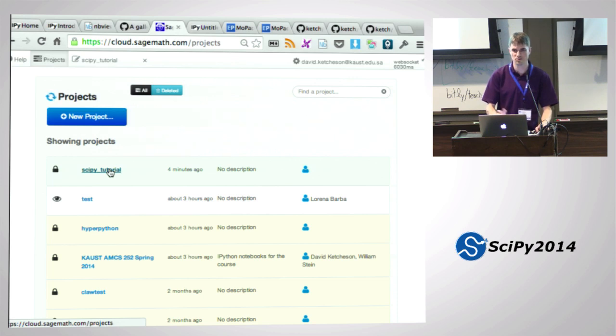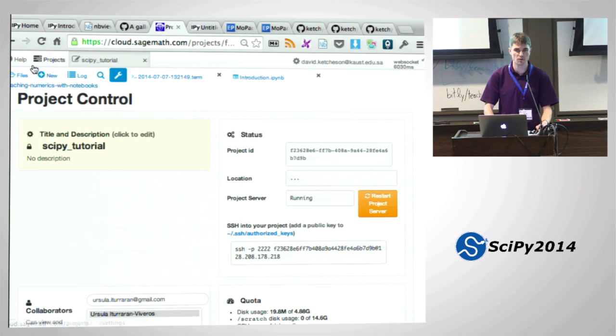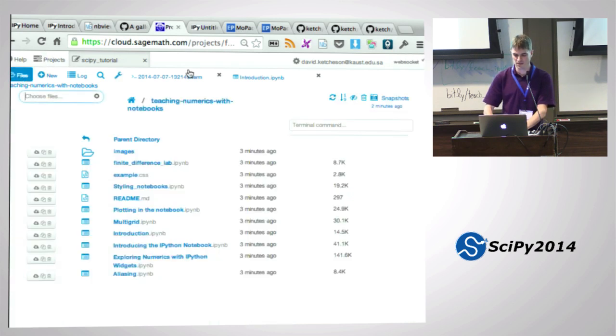You guys can do the same thing with the person next to you if you want. If you click on that SciPy tutorial project and then open one of the notebooks, you and I can edit it at the same time. Maybe the Wi-Fi is too slow to do it, but if you get there later, tell me and we can demo it.